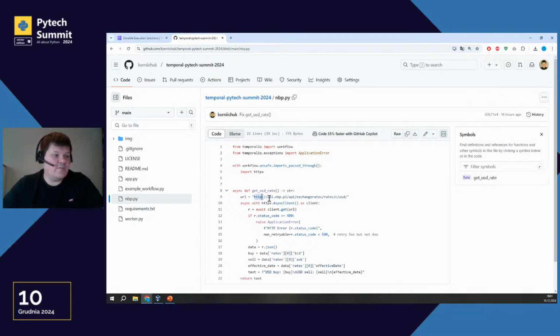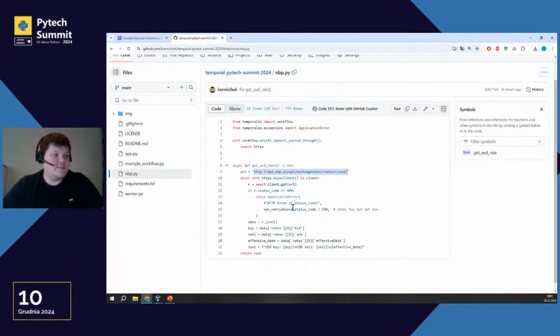And we can use an endpoint like this one to collect the result. And here we can see how this code is mixed with Temporal. Because we're talking about idempotency here, and async, we need to make sure we use proper libraries.